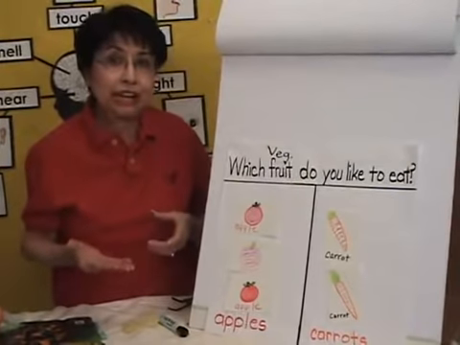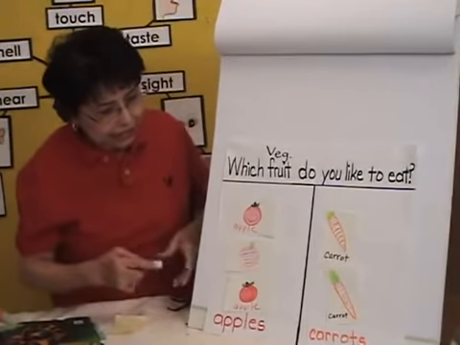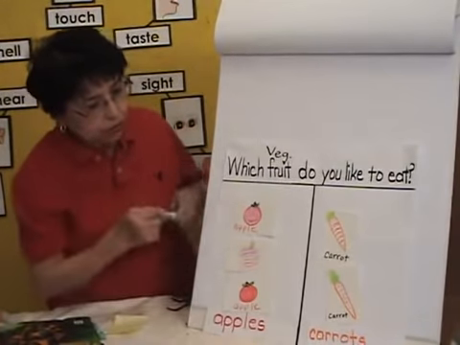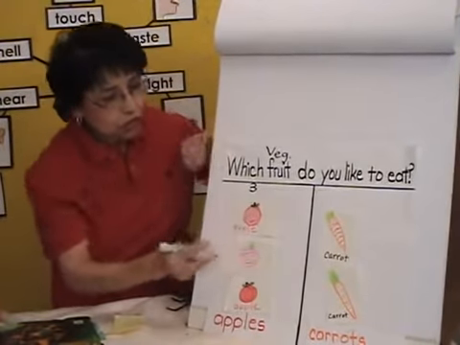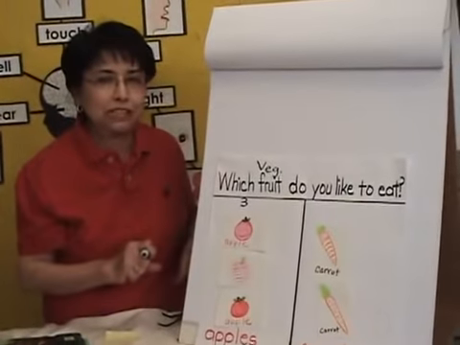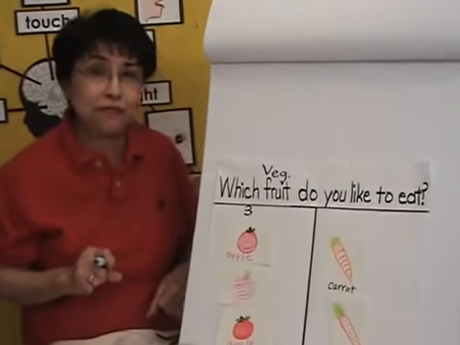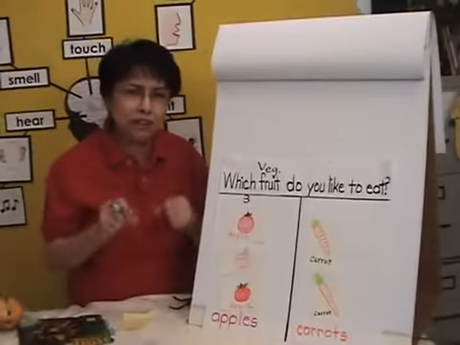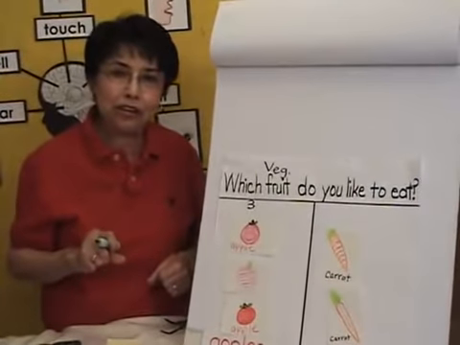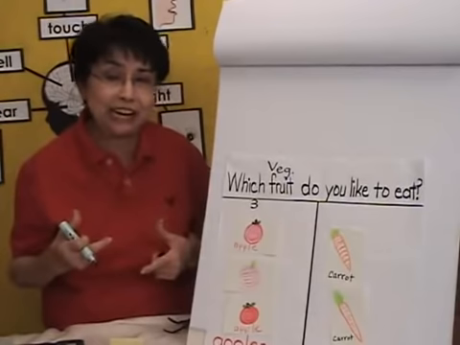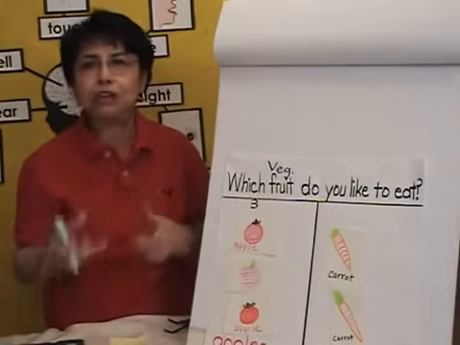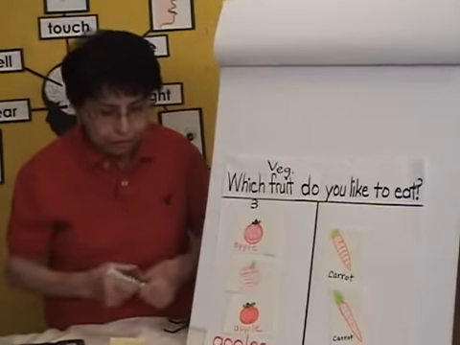What do you think the class will choose? So at the end, I'm going to count 1, 2, 3, and I'm going to add it here. We had 3 apples. And of course, you probably will have a lot more than just 3. I'm just stopping here for the video purpose and just to give you an idea of how you can introduce graphs, how you introduce what insects like to eat, and how you connect to children's own